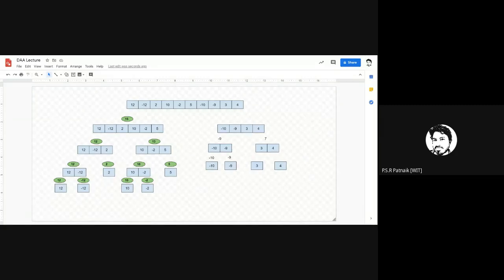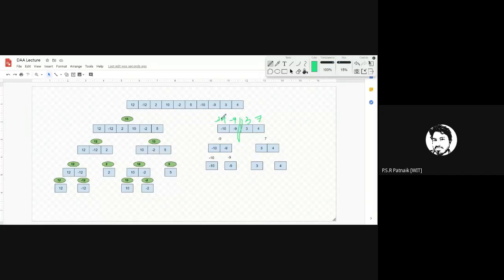So here, this is my midpoint, right? This is my midpoint. This is the left maximum subarray and this is the right maximum sum subarray. I'm just writing the sum of that. So what is your left max here? Minus 9. And minus 9 plus minus 10, here it becomes minus 19. And what's the case here? It is 3. 3 plus 4, it is 7.